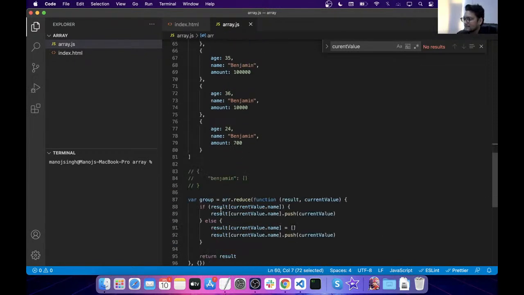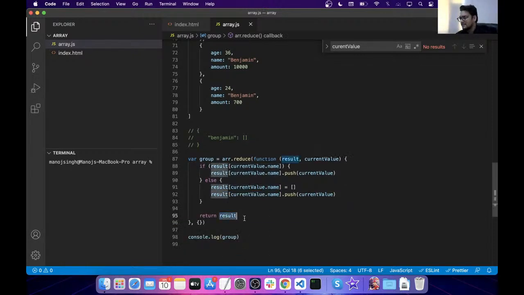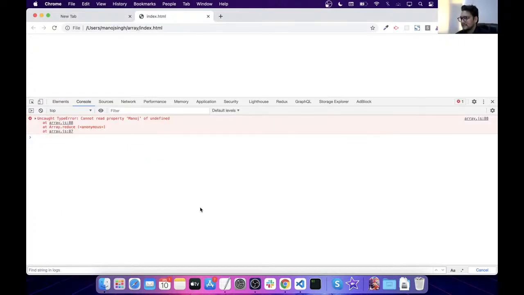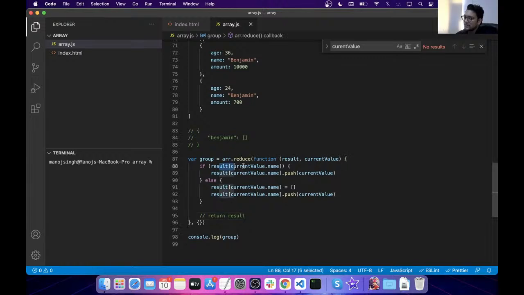So we check if in this empty object there is a property called James, and it doesn't exist, right? So it falls back to this one and says, because it does not exist, I'm going to create an empty array inside it, and then I'm going to push the current value inside. So with the name James, it creates an object with the property James with an empty array, and in that empty array we put this James value, and then we return the result. This is important because if we don't return the result here,